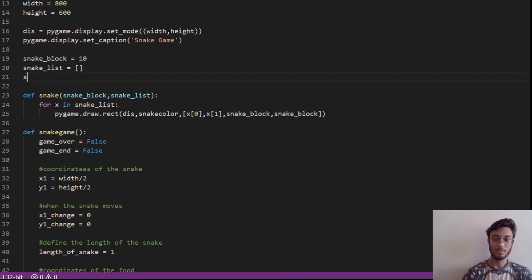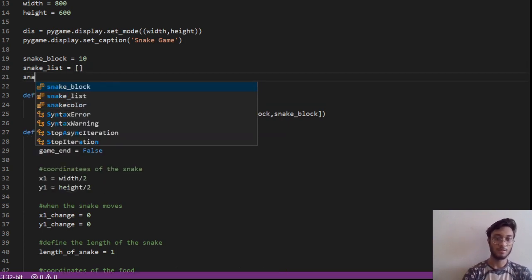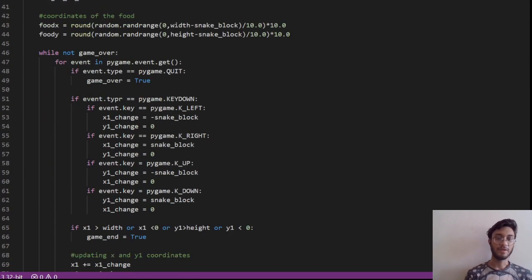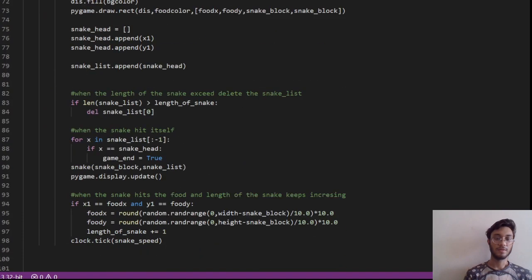Initial speed will be 15. Every time it hits the food, the snake speed will also increase. So this is the actual logic. Now let's move to the next section.